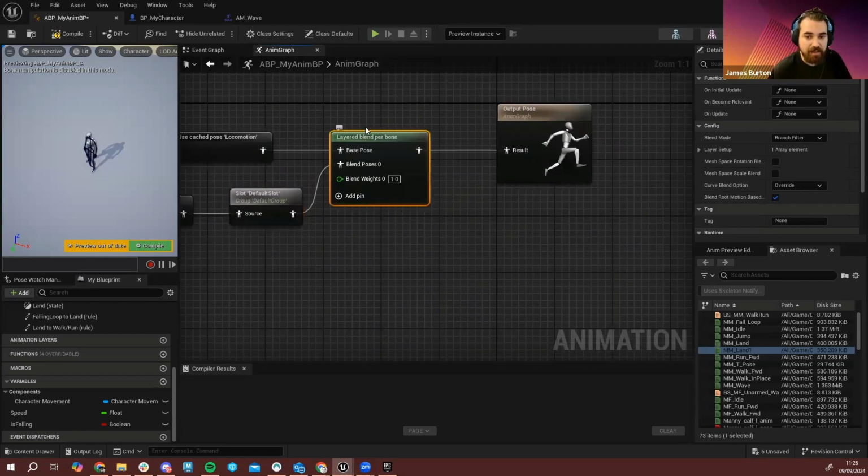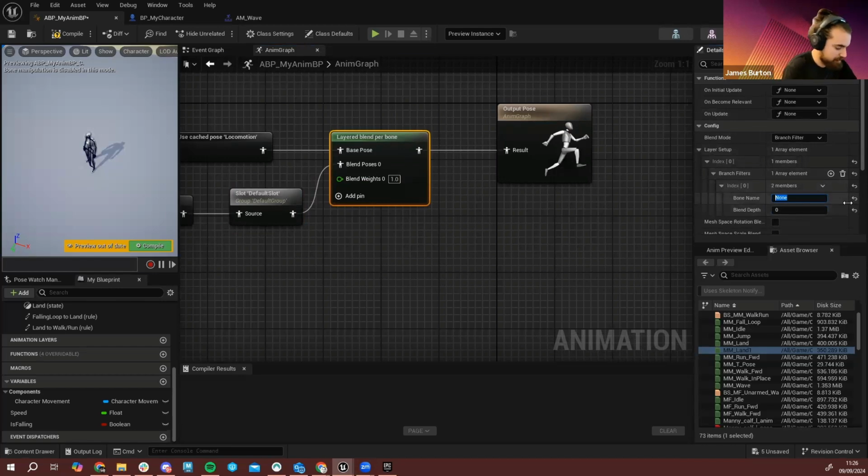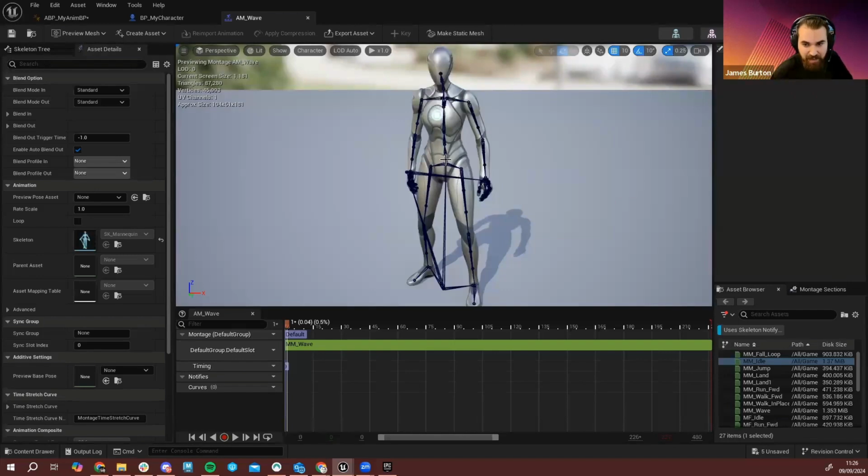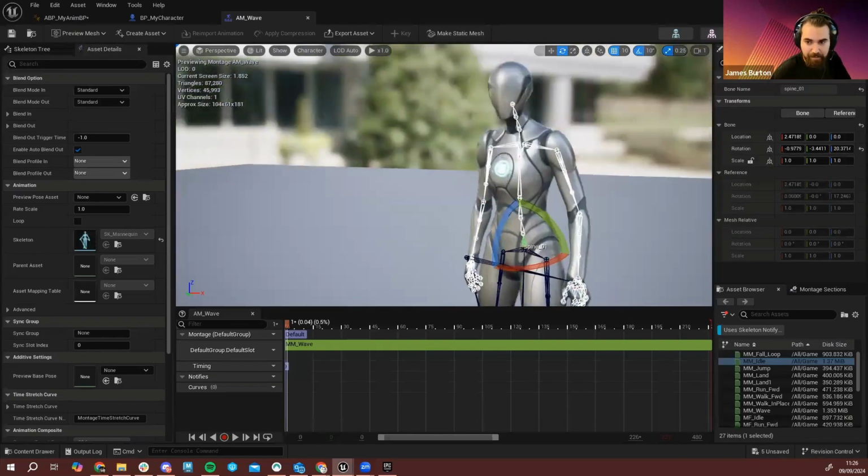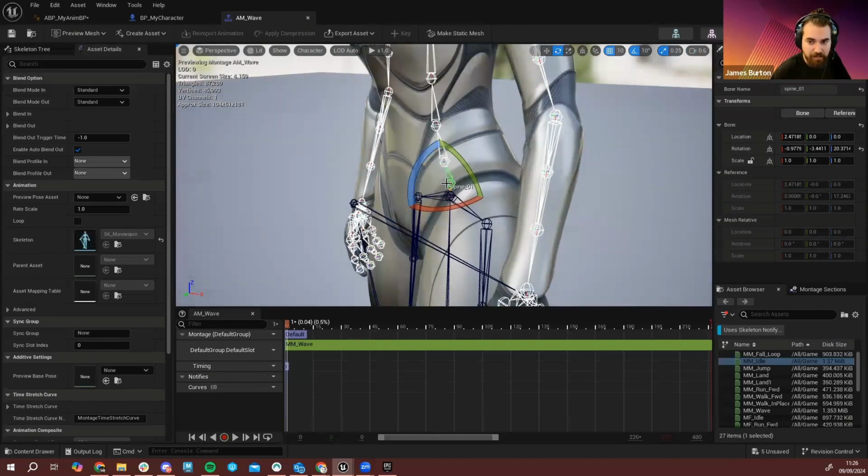So now we need to configure the layered blend per bone, and we're going to make a branch. And in the layer setup here, we're going to expand the branch filters. So we're going to filter from the spine bone. So from spine 01, and that's essentially this bone here, I believe. Yeah. So from that point onwards, we're going to be playing